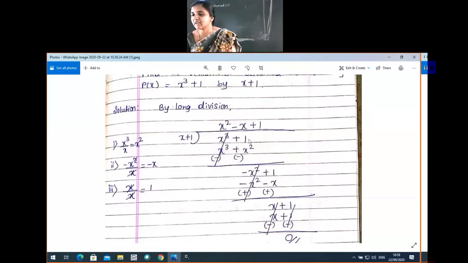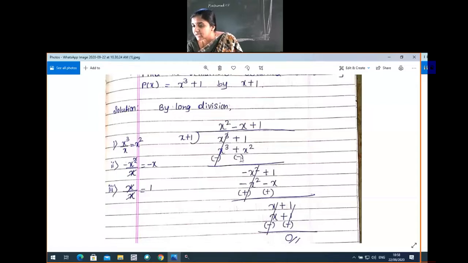Now observe 1 and x square. In yesterday's video, we discussed this concept. 1 and x square are unlike terms, so we cannot subtract them. We have to bring down these unlike terms for the second step as they are. But while bringing them down, we observe the power. The highest power is written first, then the next. Of 1 and x square, the highest power is x square.